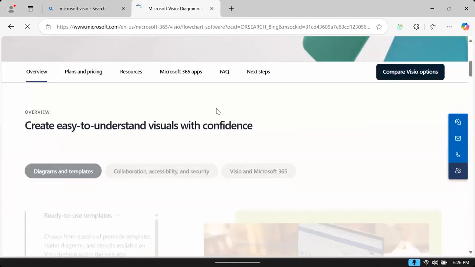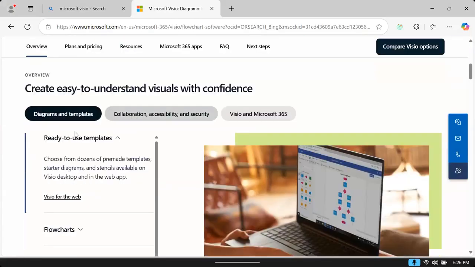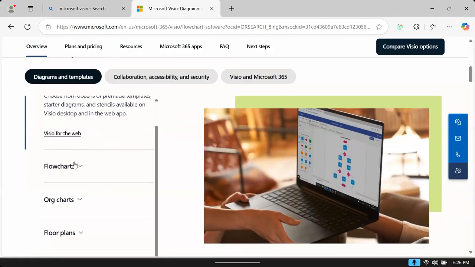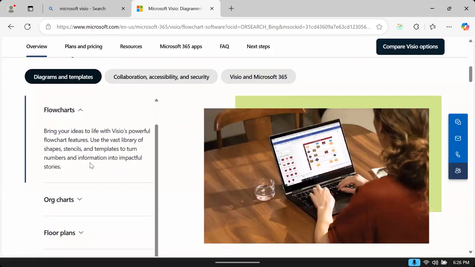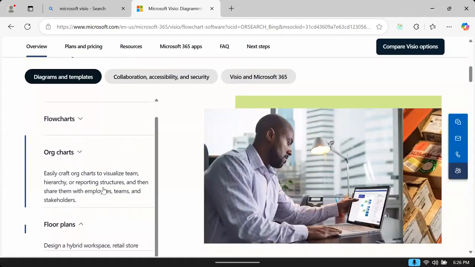This is a software which is used for creating all the diagrams and templates in a team-based environment: the flow charts, the organization charts, the plans. Everything is built by using this software.